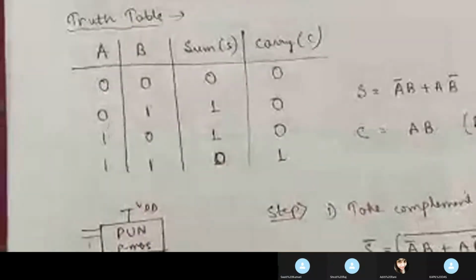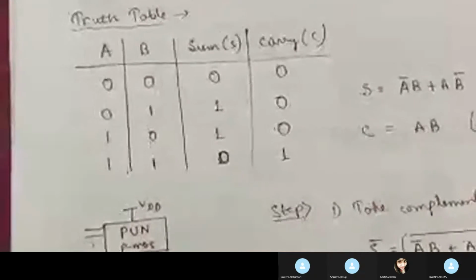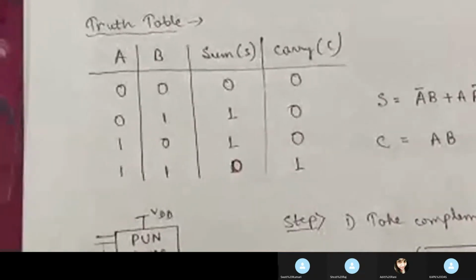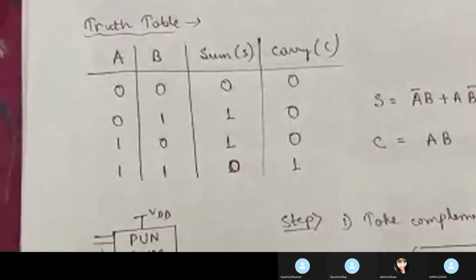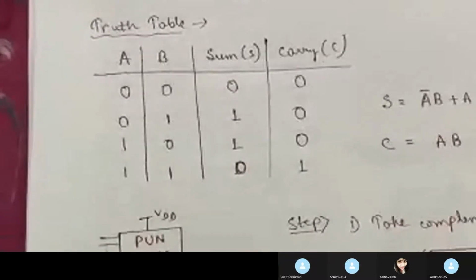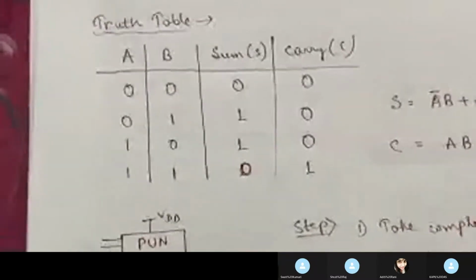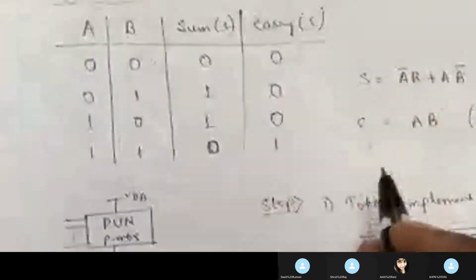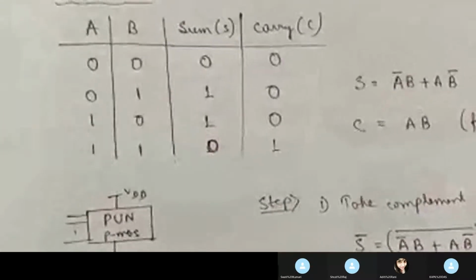So in your syllabus you only have the half adder using CMOS logic and the full adder using CMOS logic. So one by one I will proceed. First we will move on with your half adder circuit. In case of half adder, we can see there are two inputs A and B and two outputs, sum and carry. Now, if I draw the truth table of the half adder circuit, there are two inputs,